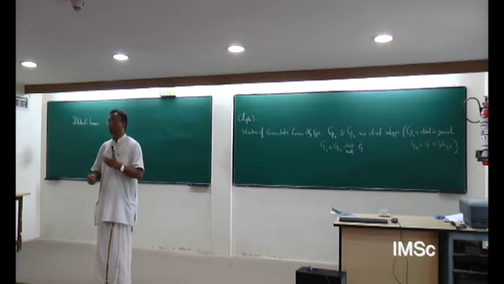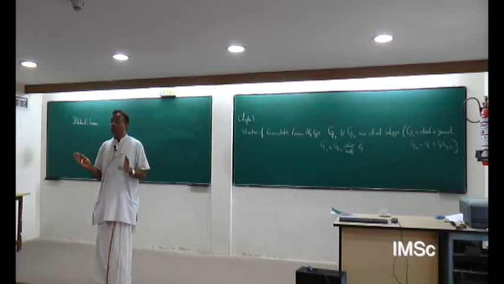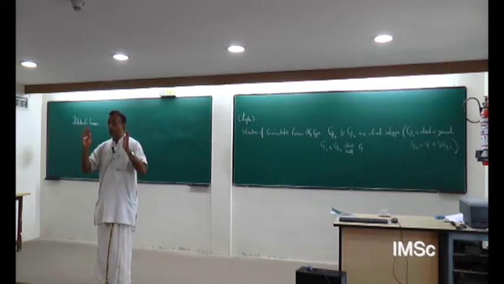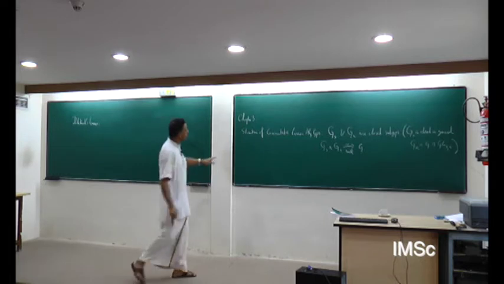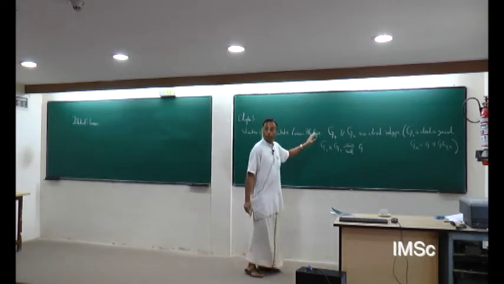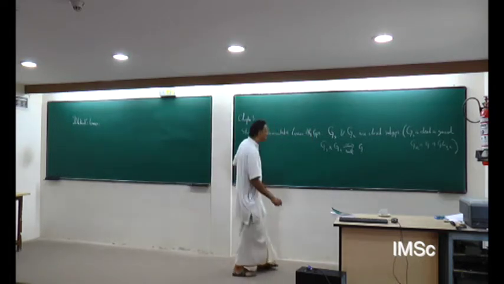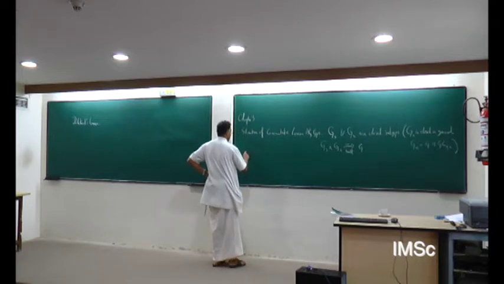All that comes for free. The non-trivial part is to show that the inverse map is a map of varieties. So we had this structure theorem of commutative linear algebraic groups,